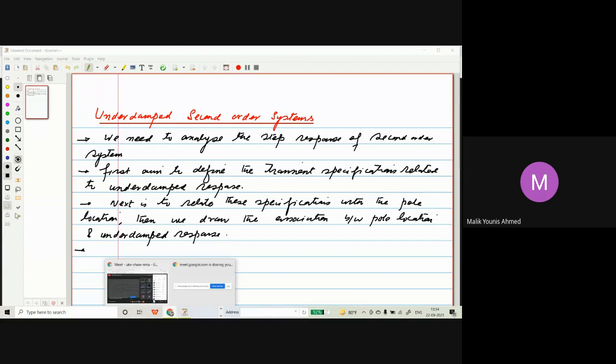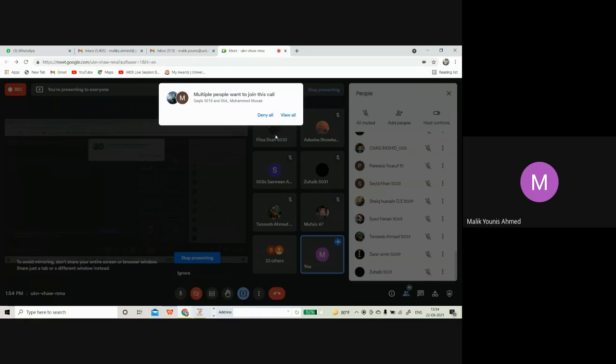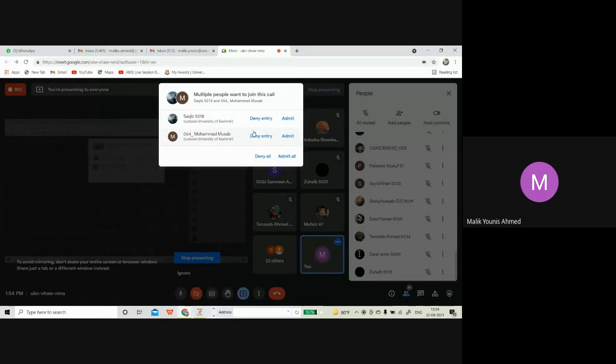Some people are joining this, I don't know. Who is this? Saqib 5058 and Tanzib यस सर, साकिब है। 501 यस 64 सर, दोनों। Musab. यस सर।